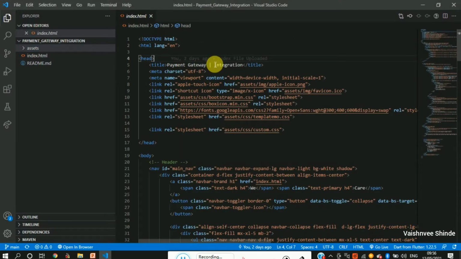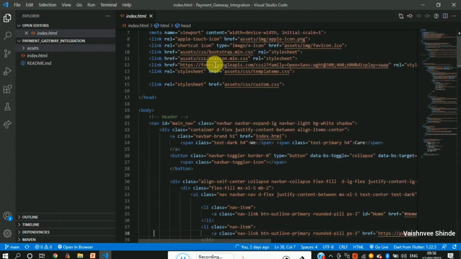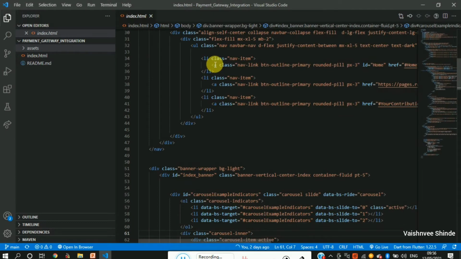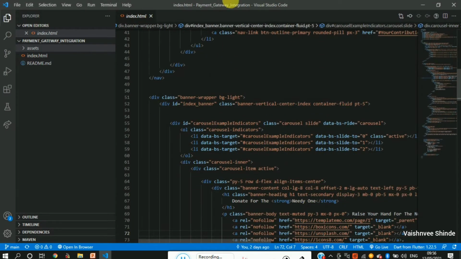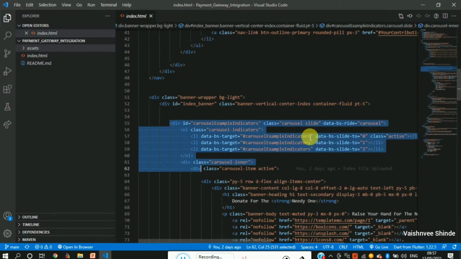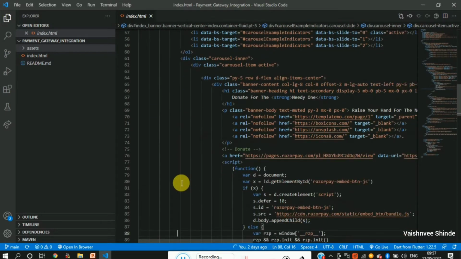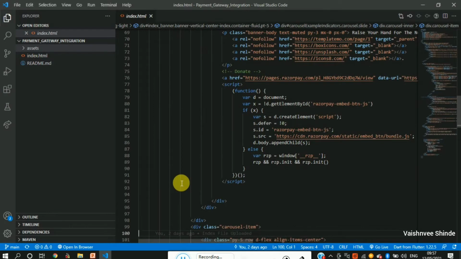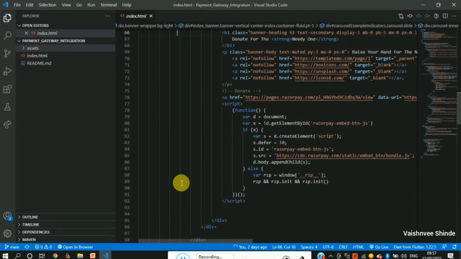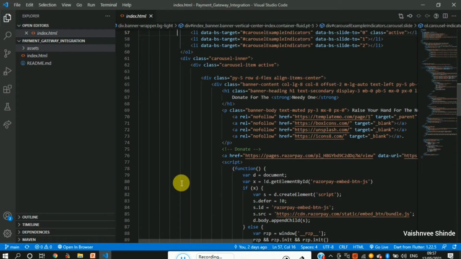Okay, so as you can see here, this is my basic index.html file. In this file, the overall navigation, the design, and the slider which I have implemented in the website, that code is present here. This is the code for the slider which you are going to see in the website. So in the basic index.html file, all the things are included, like buttons and again the slider.